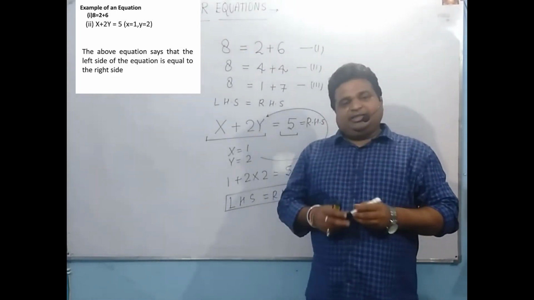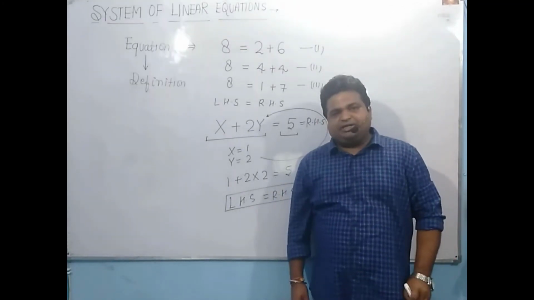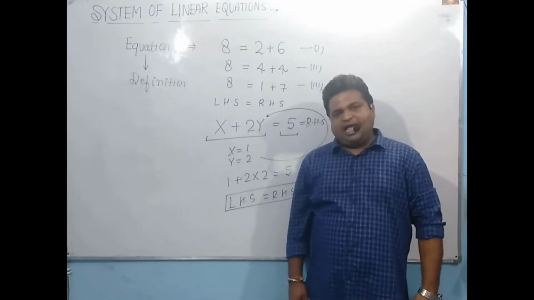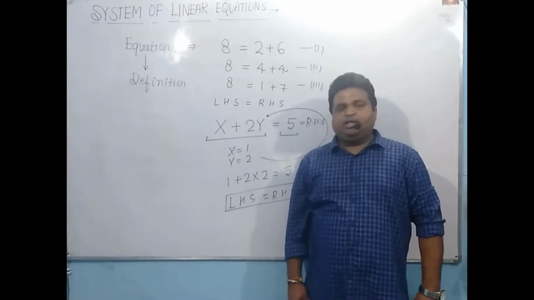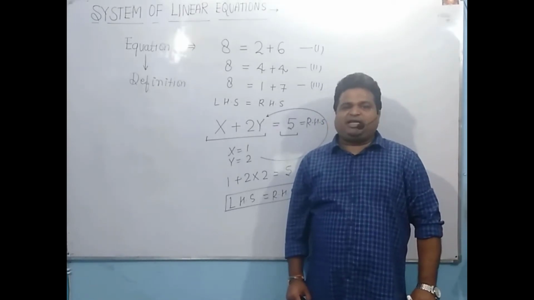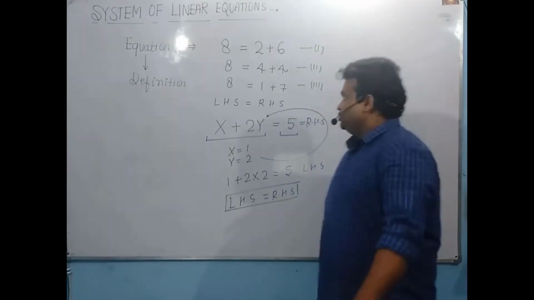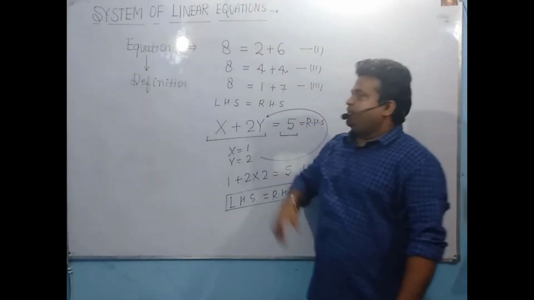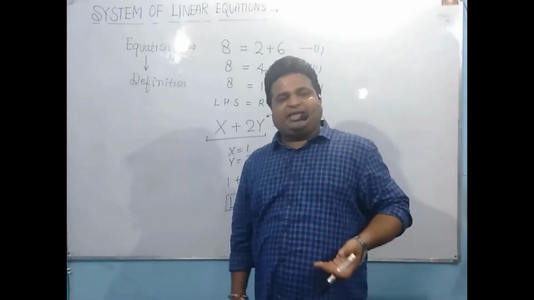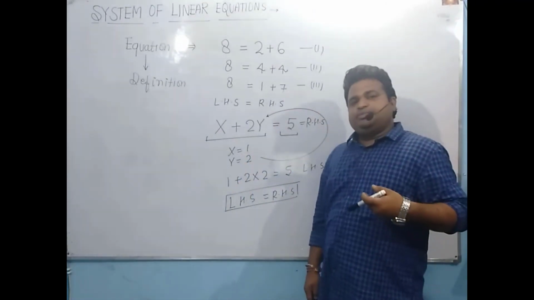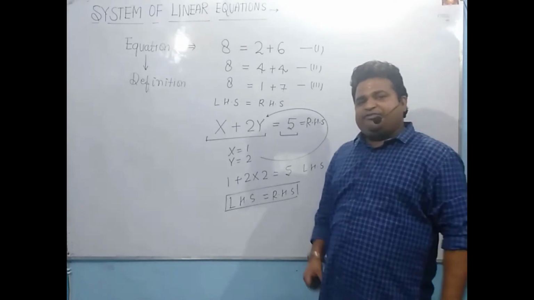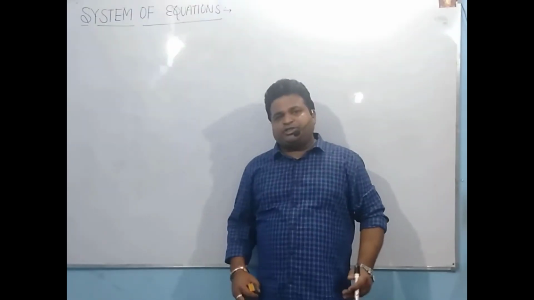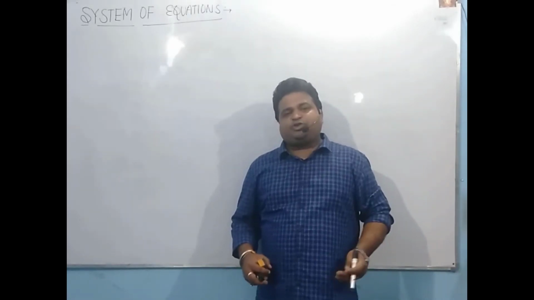So in this particular session, I have cleared the basic definition of the statement of equation. An equation is a statement that says that the value of two mathematical expressions is equal. So this is all about the definition of equation. Now I'm going to move to another topic, where I'm giving you the idea of different types of equation.